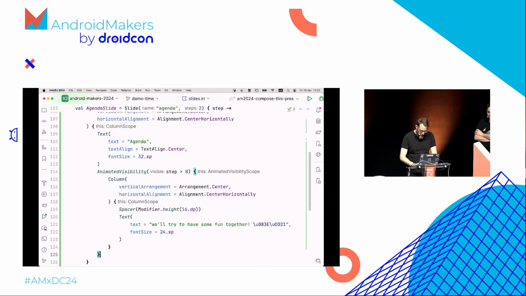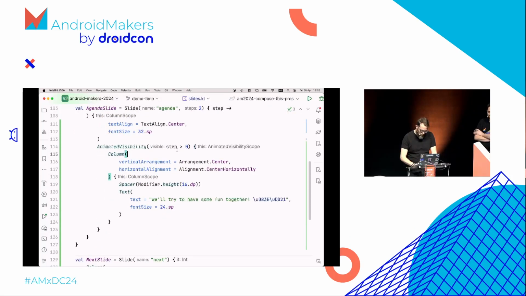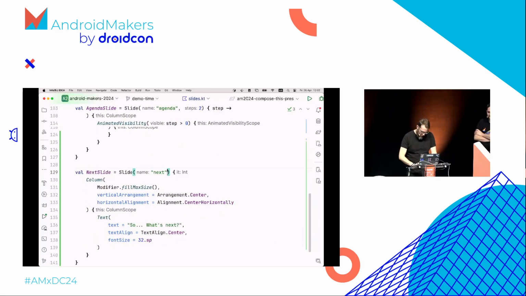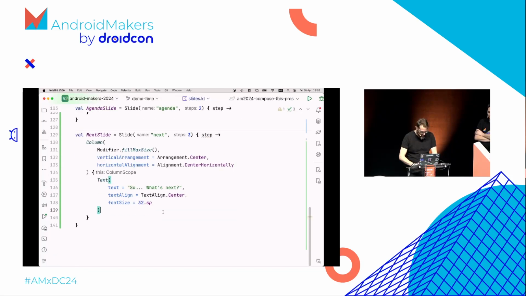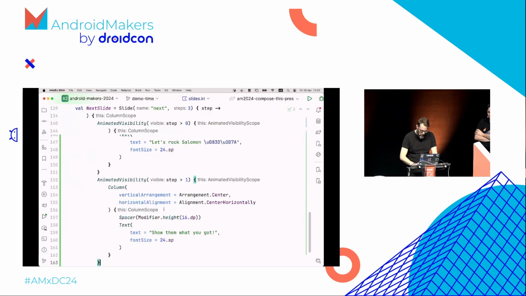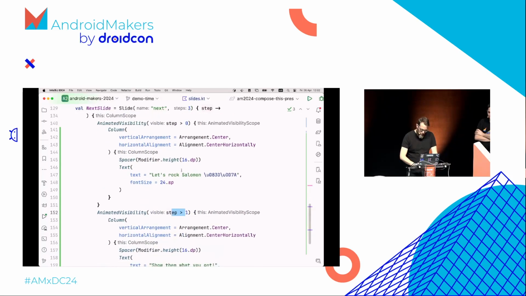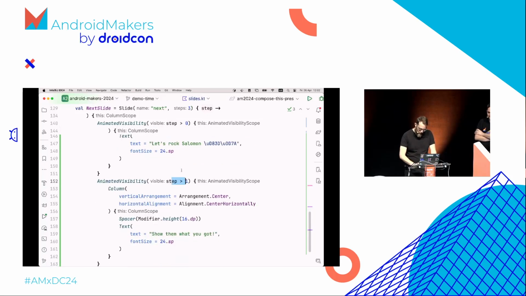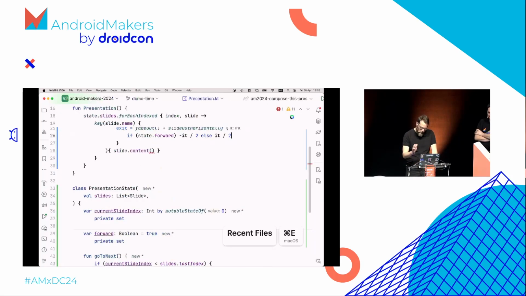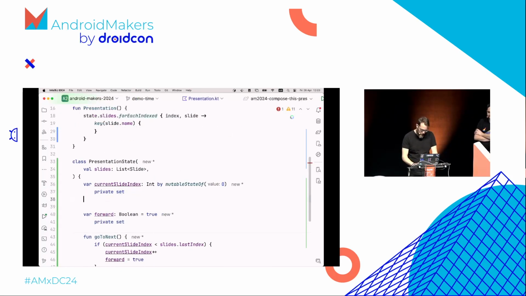which are animated depending on the current step. All right, let's do the same for the conclusion slide, which takes 3 steps, and also some animated content, depending on the step. The step 0 and the step 1, so obviously step 1 and step 2. And let's finish by handling this current step